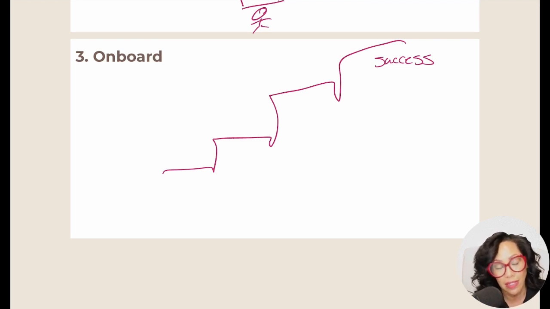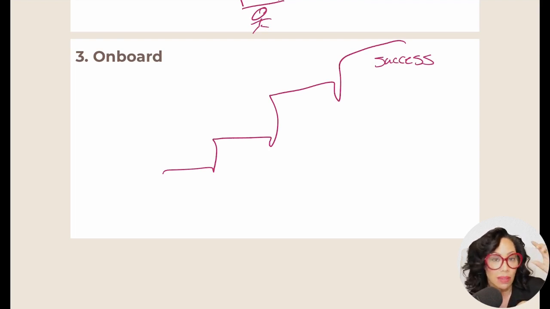But we do need to think about that and be very intentional, because what we do a lot of times is we hire an AP, we give them the first day tour. Here's the copy machine. Here's your office. Here's some things about our school. And then we throw them in the deep end, and we're not onboarding them properly, and we're not setting them up for success. So you have to do that.